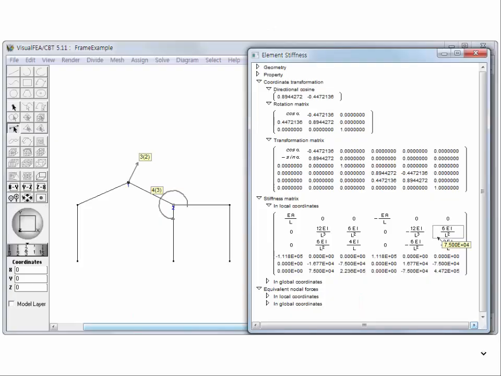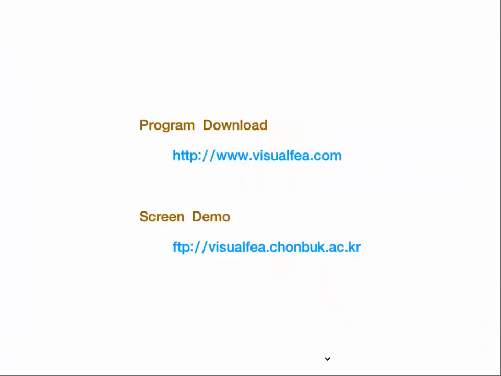This was a brief introduction about the educational function related to computing and solving finite element equations. More detailed explanation can be obtained from the screen demo about this function, with examples of frame analysis and plane stress analysis. The free version of VisualFEA can be downloaded from